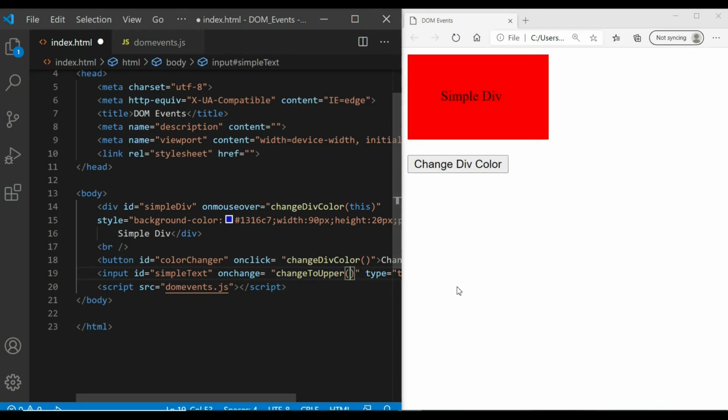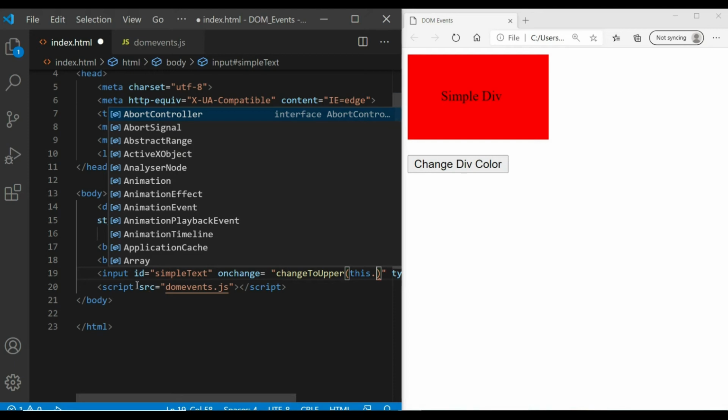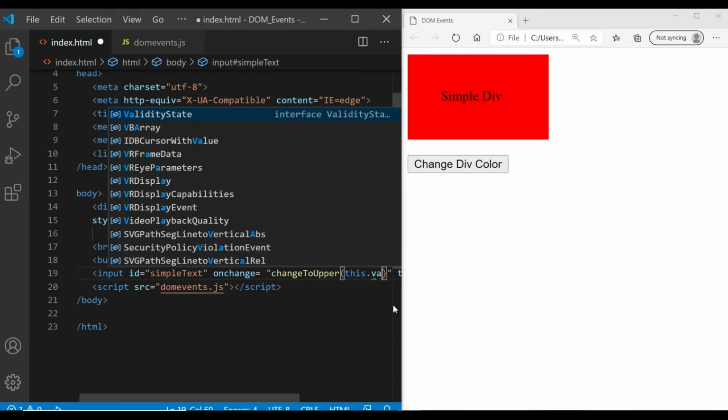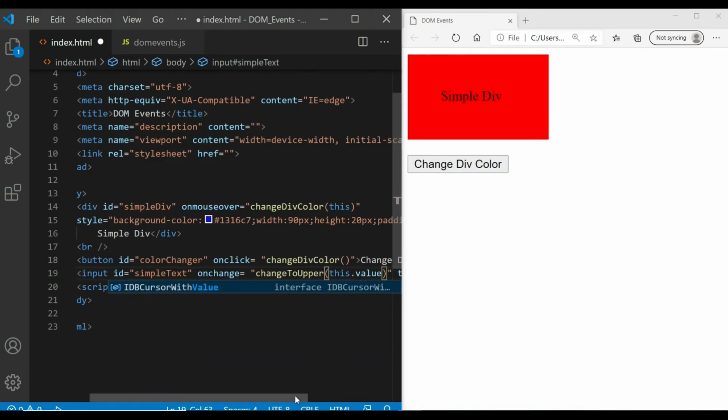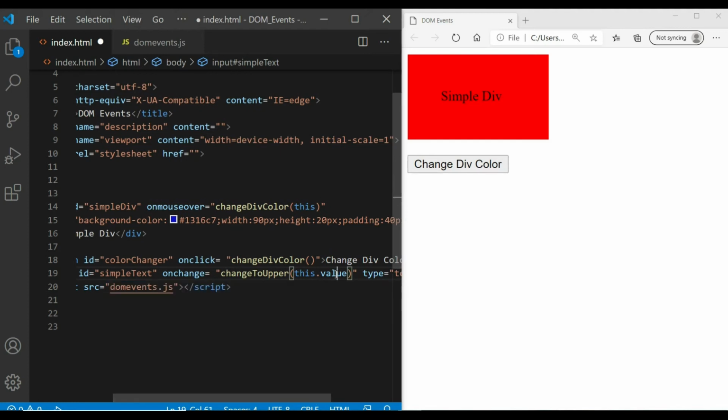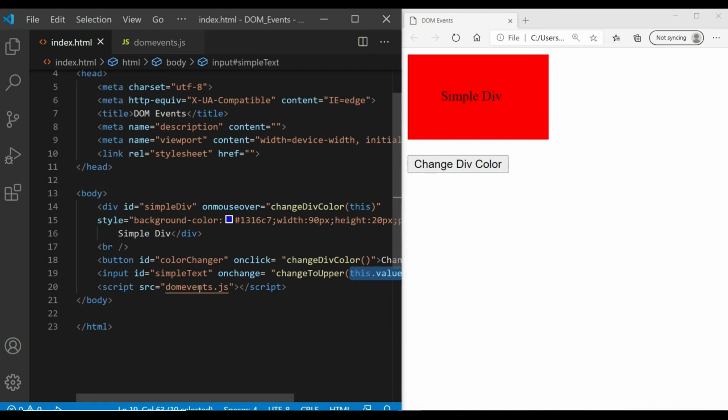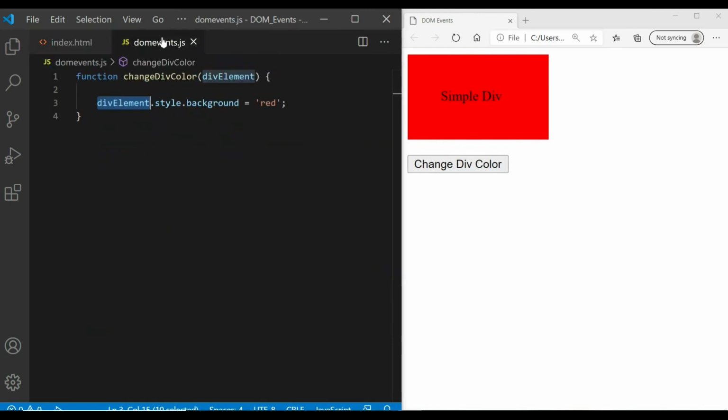And then we can just pass this. So this will pass the reference of this input, and value is one of the attributes which carries the value of this input text box. So we are just passing this.value, so we are actually passing whatever you have written in this input element.